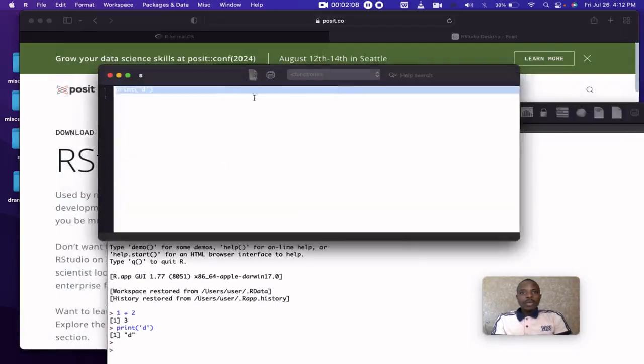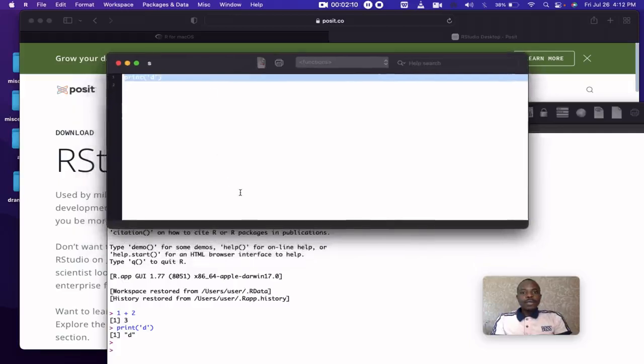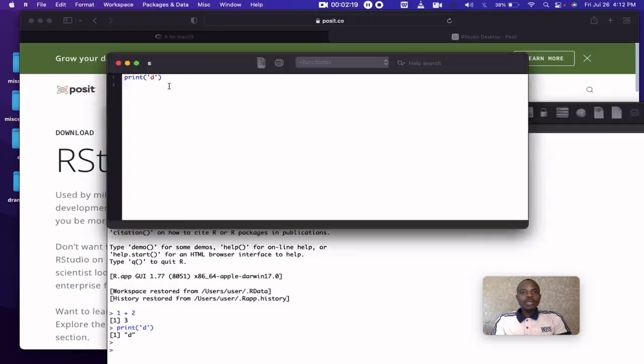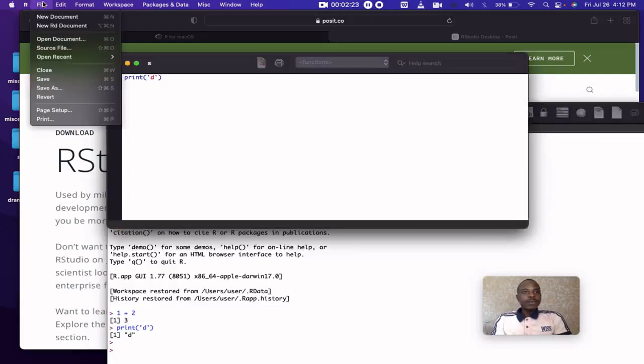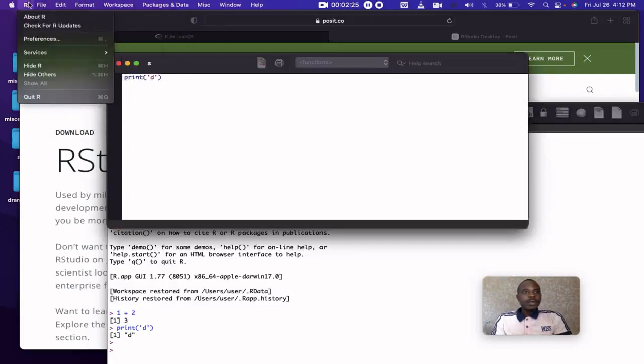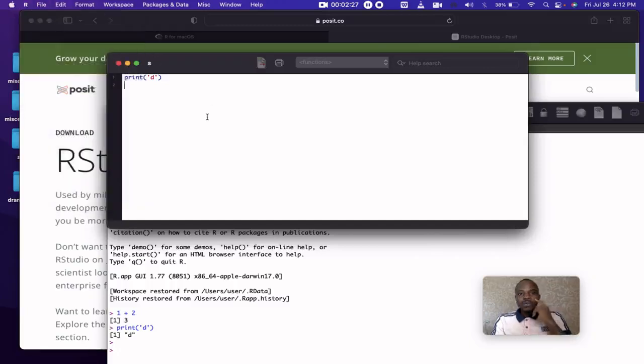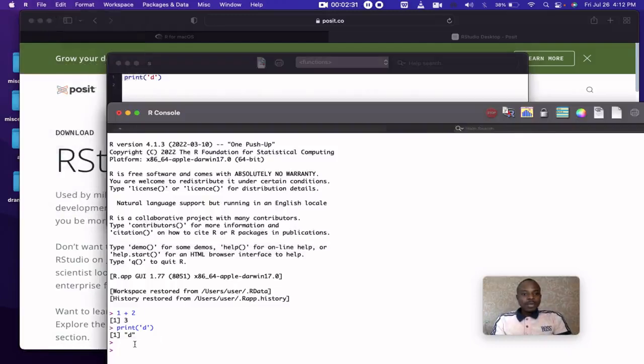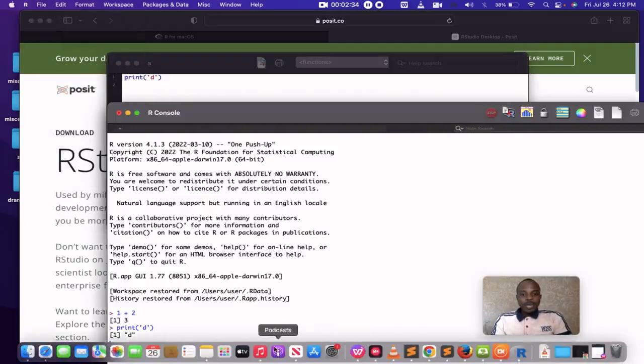or you could actually use RStudio, which is better. So if you have written a lot of programs here, you could run them here. So if you're having issues with RStudio, this will be a good way of running your programs for now, until you're able to set up the environment well. Now, but if you have RStudio,